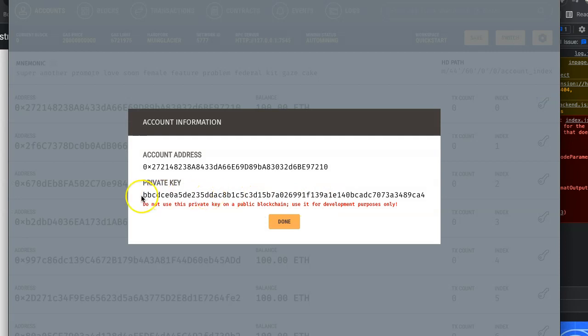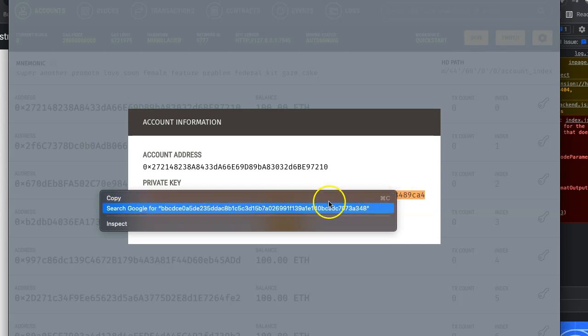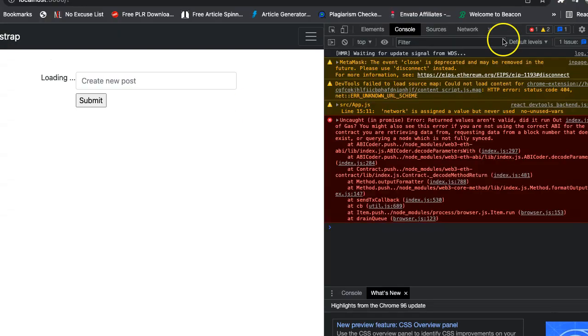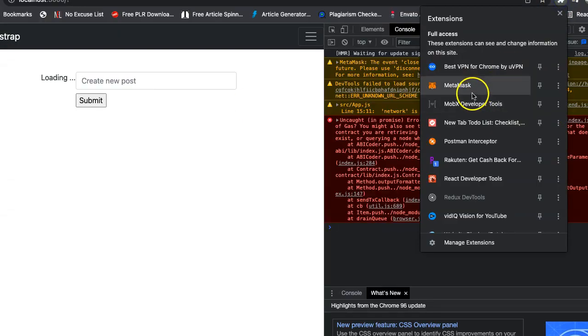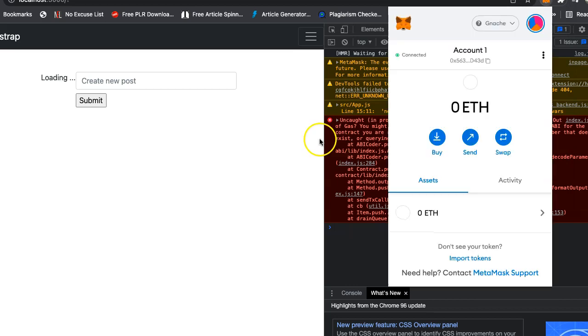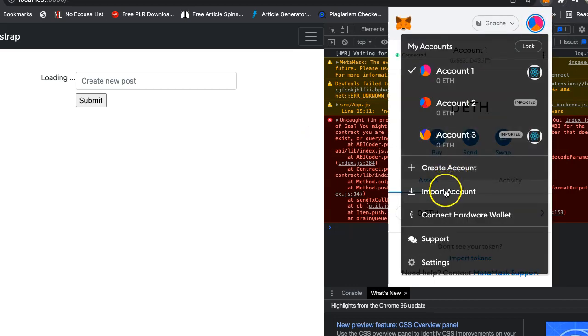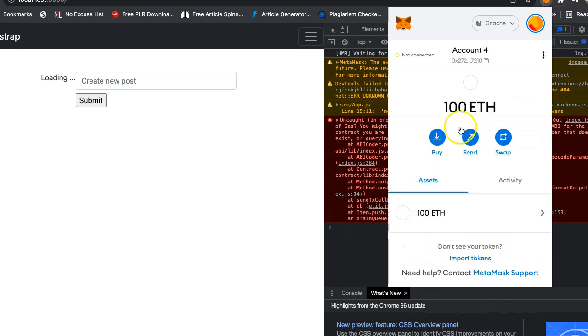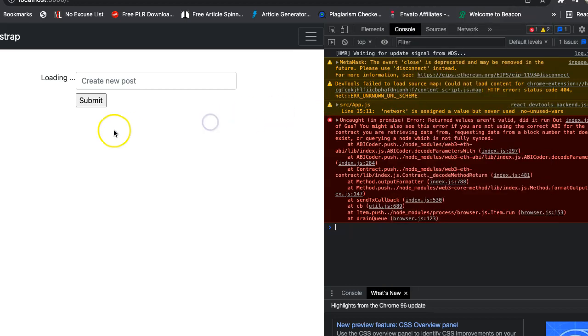Click this key, copy this, and copy. Okay, done. Then we get back to MetaMask. Right here in MetaMask, we click this and import account. So import account, import. Now we have 100 ETH. Good. Now take note of the address too. I'm going to copy it. So if we refresh,